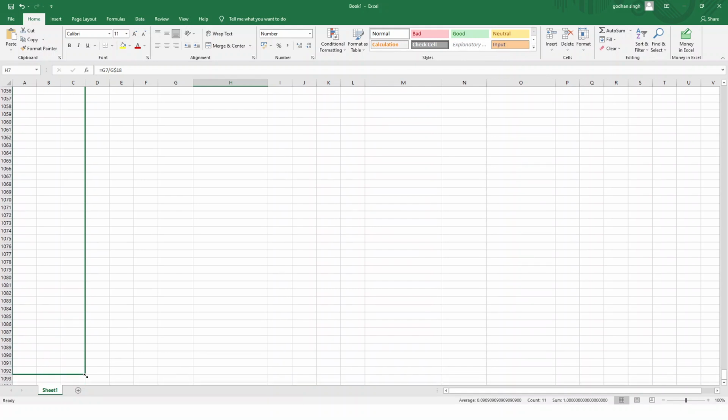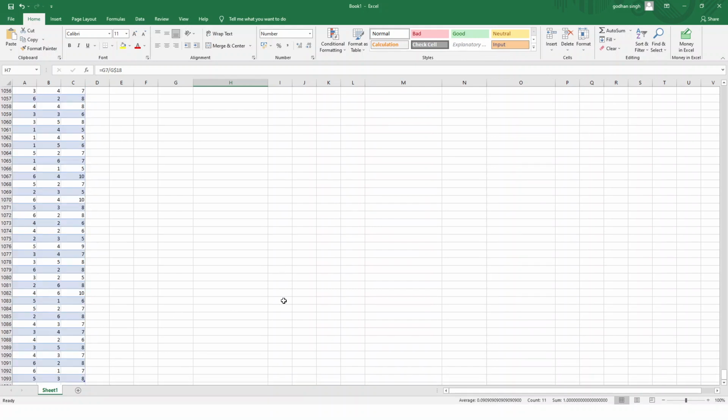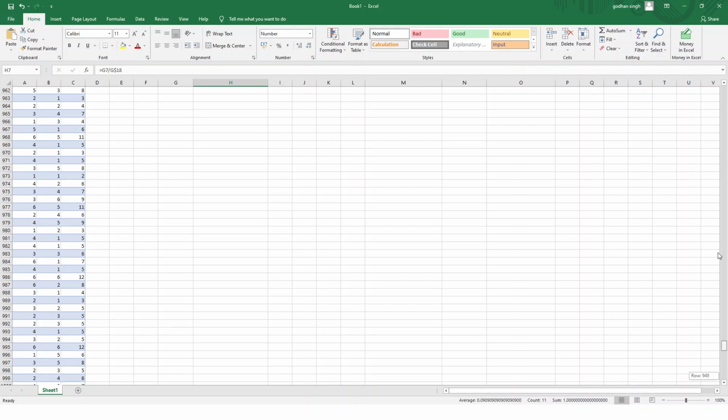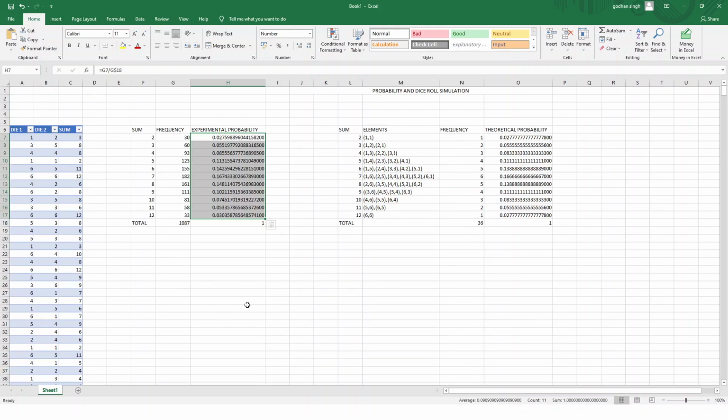So here we have gone, this is more than 1000. Now let us move back and see if any improvement is there or not. So here you can see this is 0.027, here it is 0.027, if you see 3 decimals. So somewhat we are getting more correct. Now as I told you, how many trials are there here? 1087 trials. So the more trials we take, the more correct it will be.